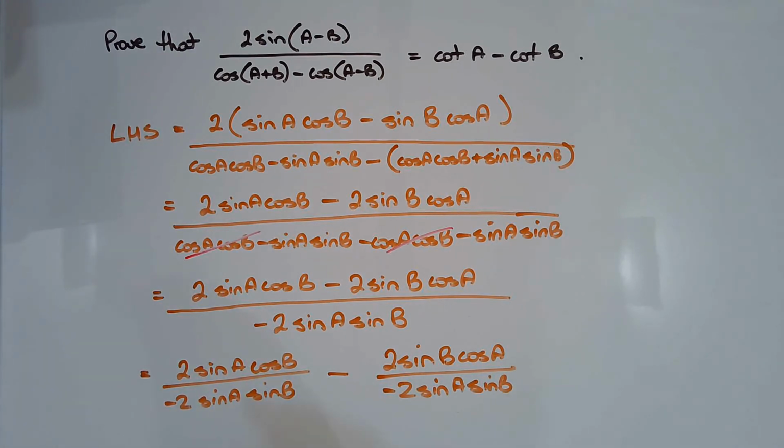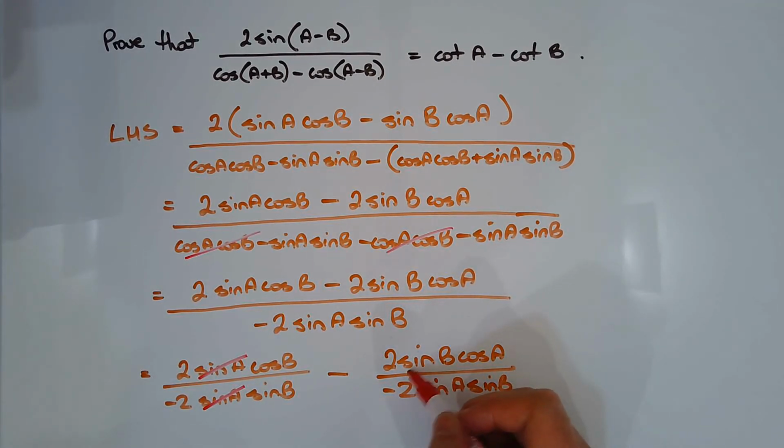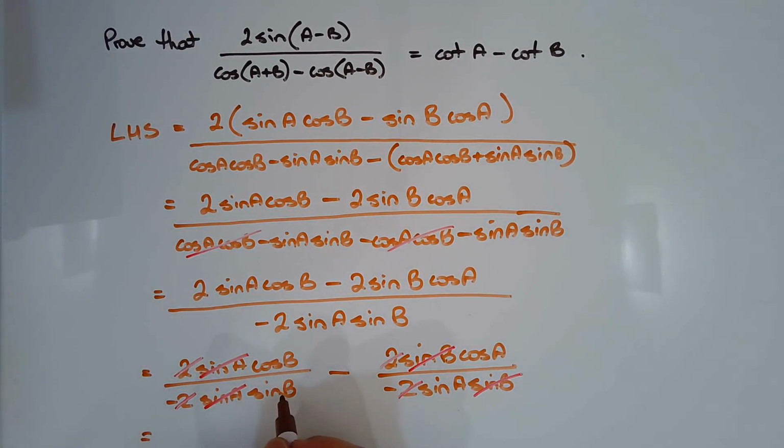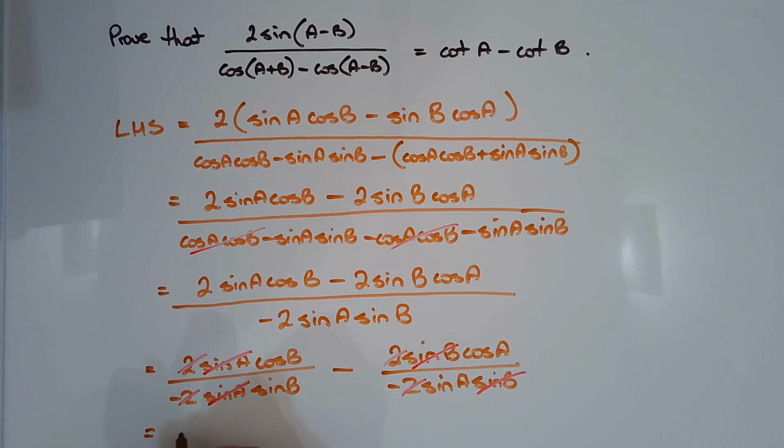And we'll most certainly have some cancellation here. So that sine a cancels with that sine a there. This sine b cancels with that sine b there. The 2's obviously cancel, so you end up with that and that cancelling, but the negative is retained, of course. And this 2 and this 2 will cancel, but the double negative there turns it into a plus. And so you'll end up with, now cos b over sine b is cot,